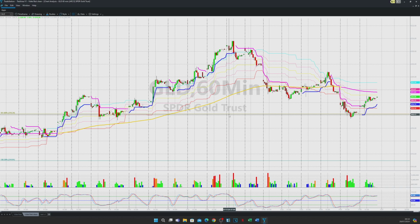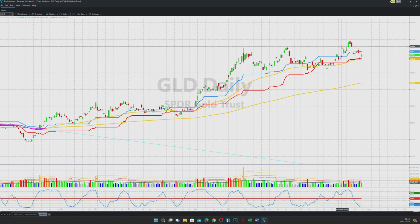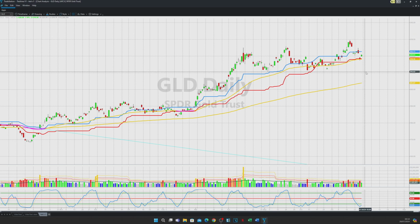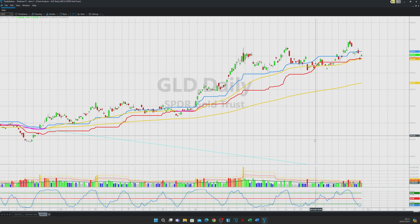Wait for it, guys. See how it looks here. You can see this is kind of like a distribution. Spike up, immediately flash down. So if it breaks below here, not that good for the gold, even though the gold has the potential to reach even higher. So in order for it, it needs to squeeze a little bit, and you can see how it's trying to squeeze it, and then able to give a